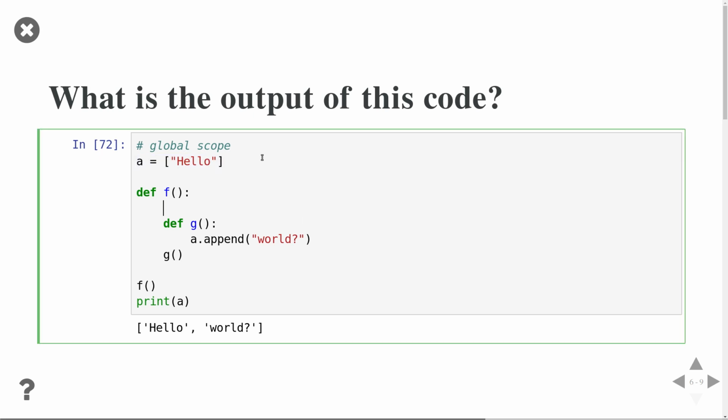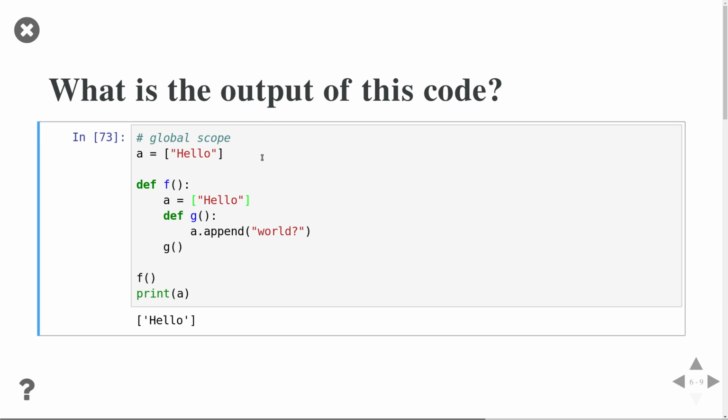So let's change it. So what do you think happens now? Hello or hello world? Just hello. Okay. Exactly. And so the reason now is because